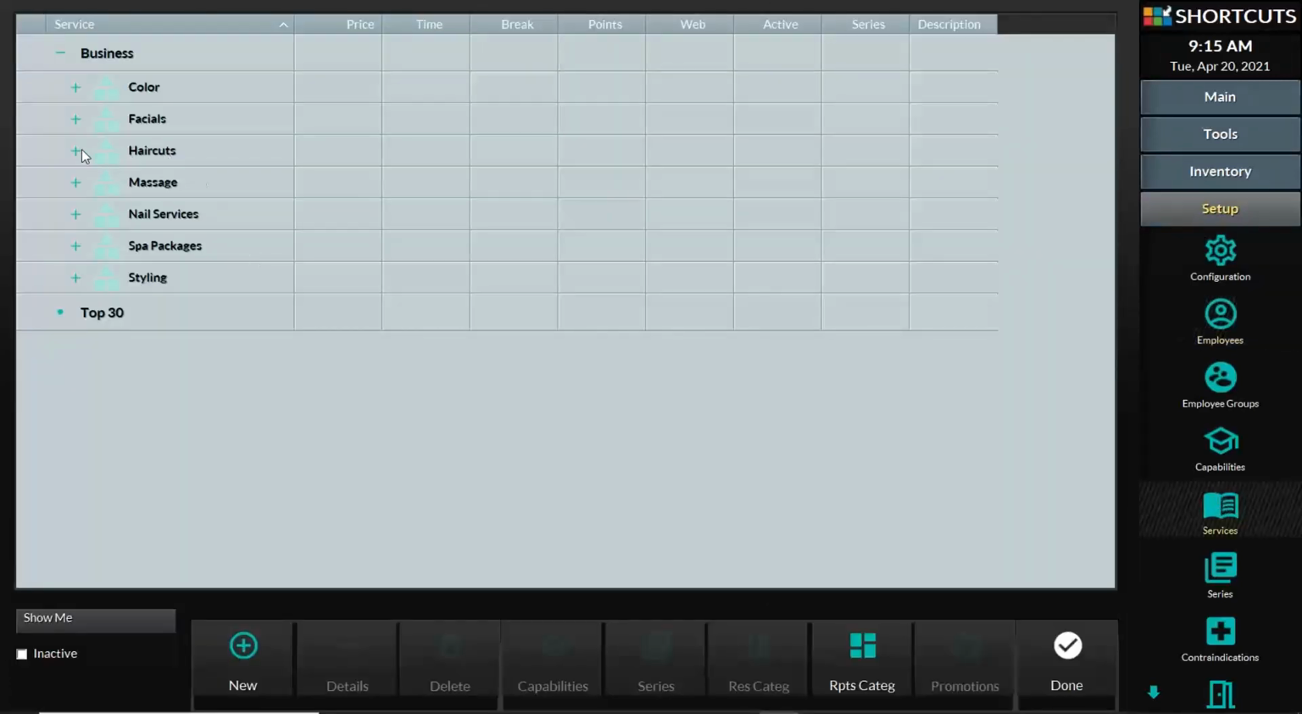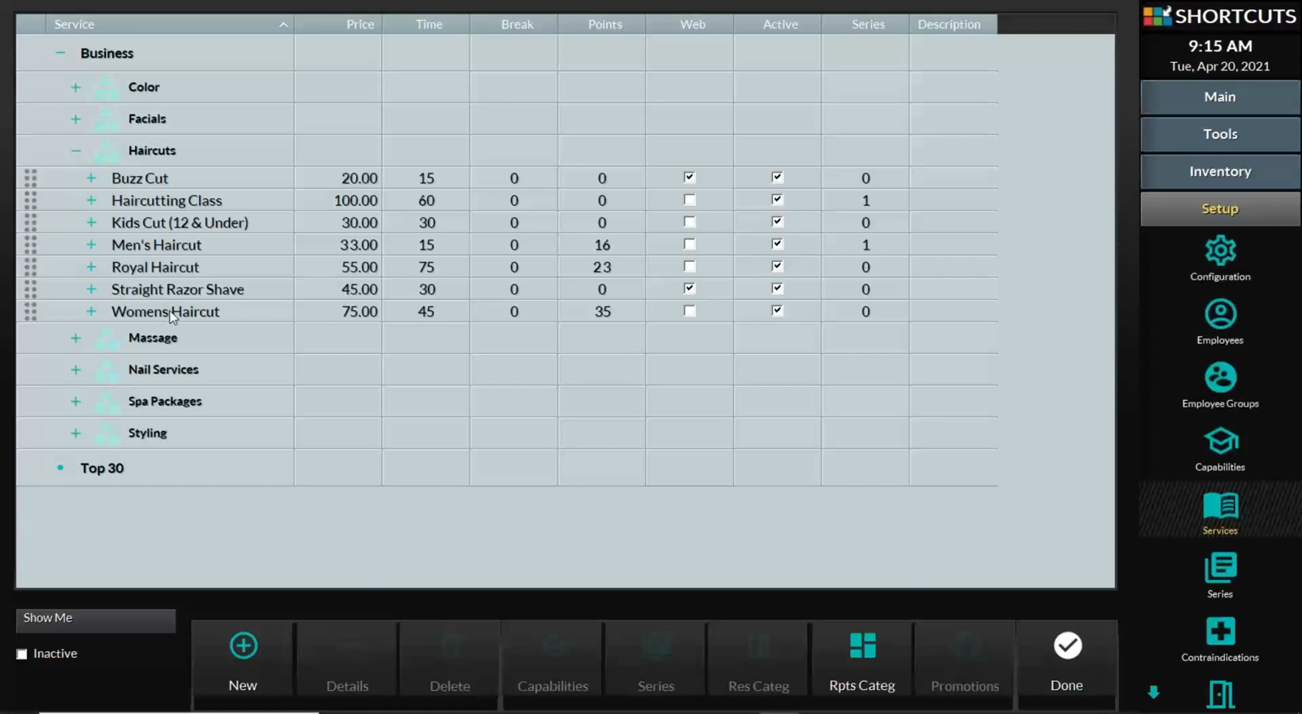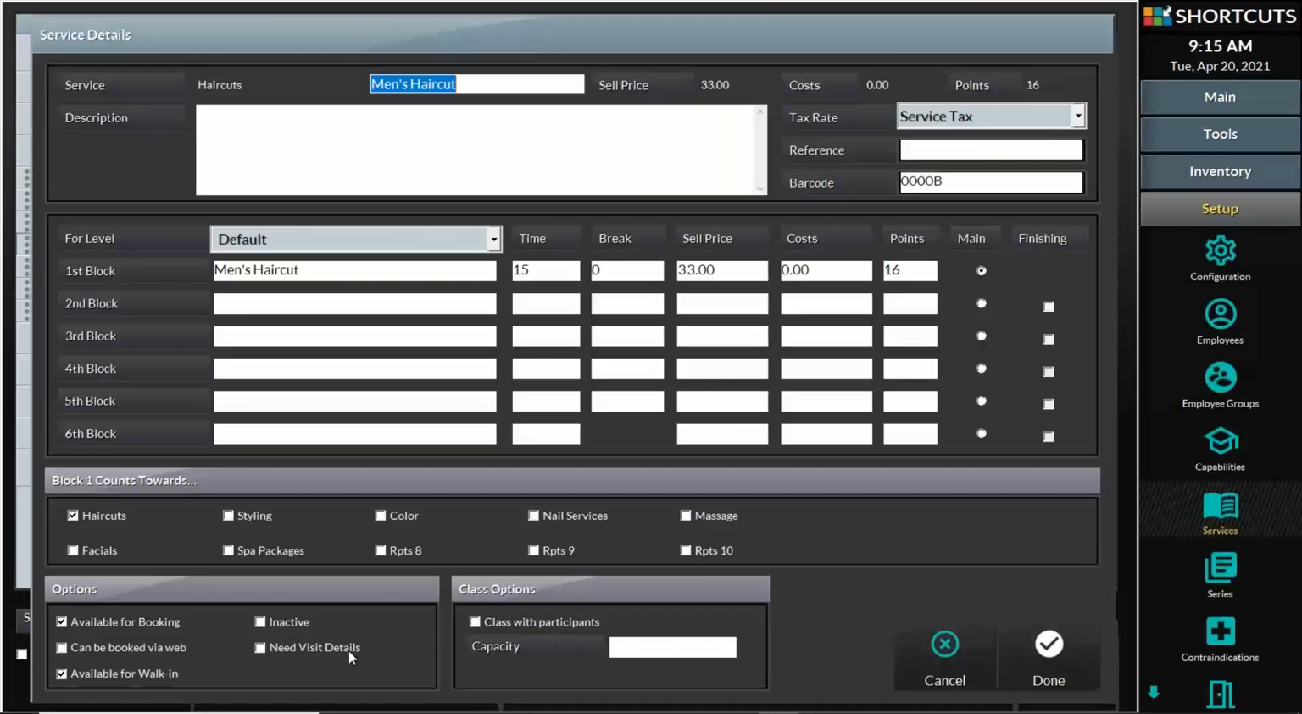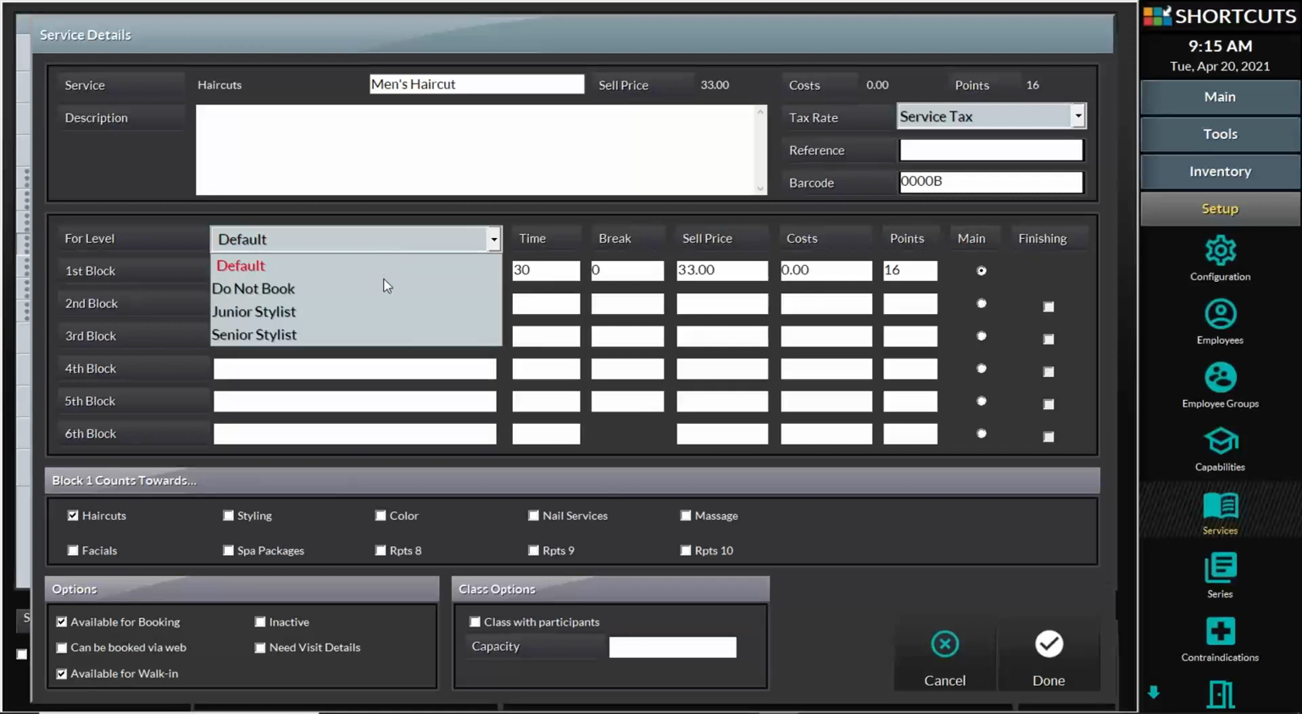So in Services, I'm going to go to the Haircut Services. And let's say men's haircuts. So my business tends to deal with a lot of men's haircuts, but I want to make sure that my seniors get paid a little bit more for those haircuts. So I will select the service and go to Details. Now for my business, the default sale price is $33. So that's fine for a junior stylist or a default stylist. But if somebody gets a senior stylist, that should actually be